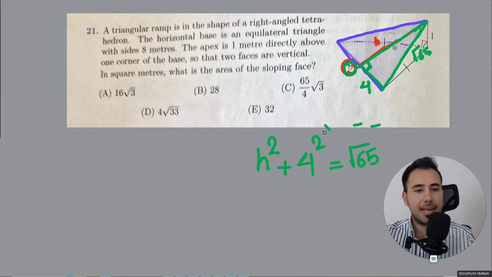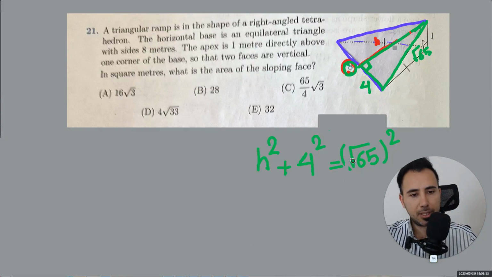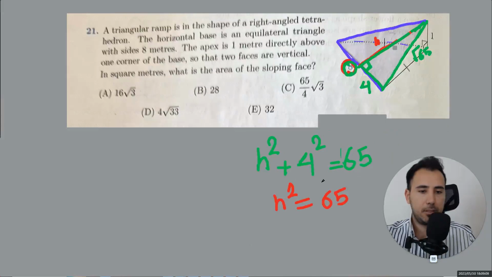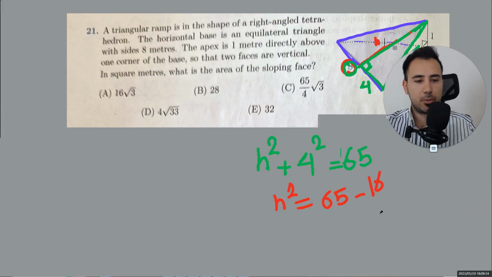Again, squared. The square root of, all of this is going to be 65. So from here, we can find the height, h. h squared equals 65 minus 4 squared, which is 16. So h squared will be 49. So the value of the height, we found it. The height would be